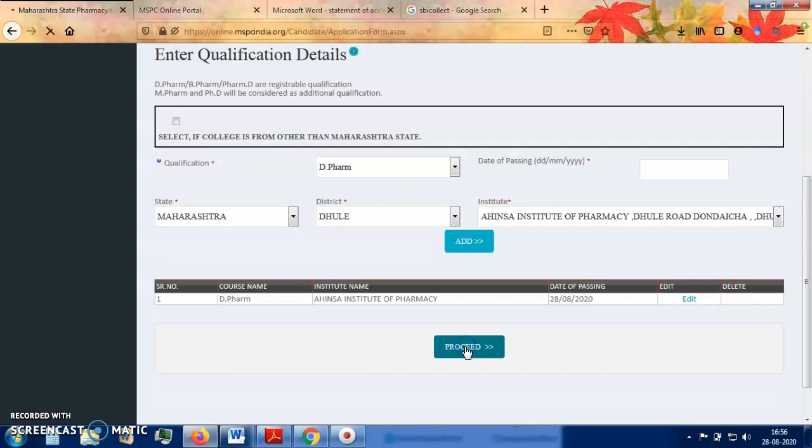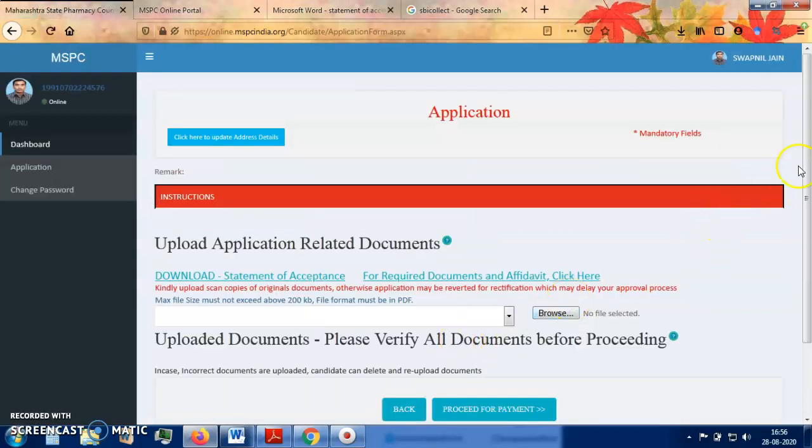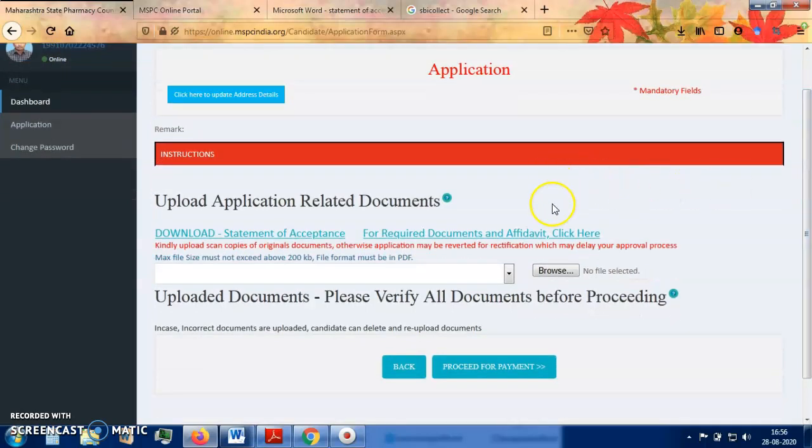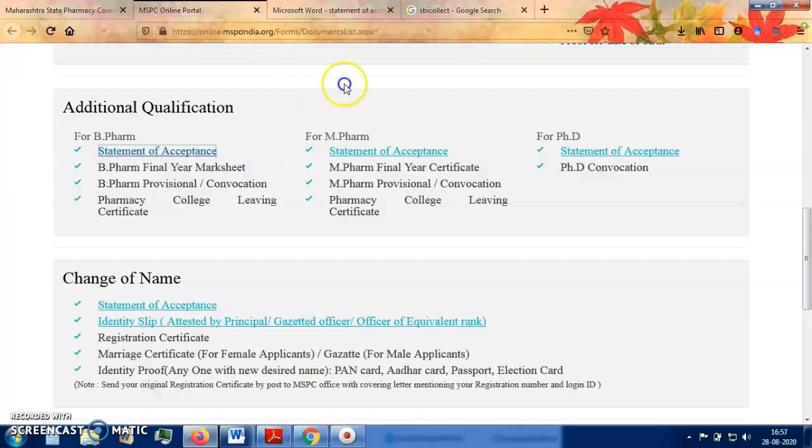After clicking on the proceed button, this is a very important step where you have to upload your documents. Now which documents are required? Here is the list which shows you which documents are required. You can also find these details on the website.